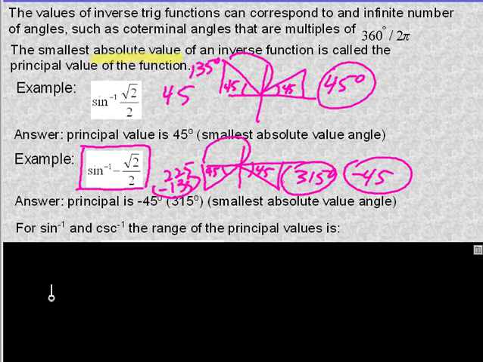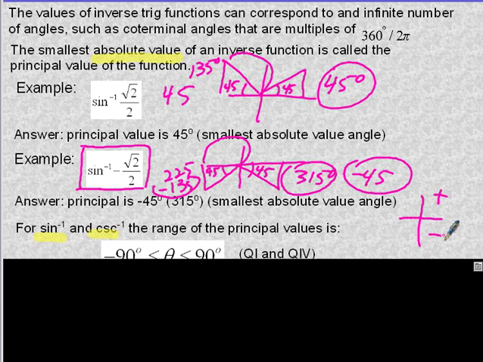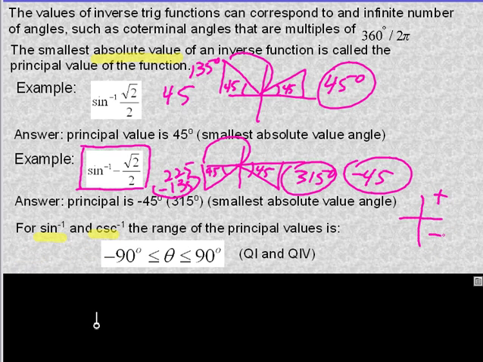So you have the sign of the ratio, positive or negative, and the actual trig ratio. Because of where they're positive and negative, you're going to get positive ratio results from one quadrant and negative ratio results from another quadrant. For sine and cosine, the quadrants that you get things out of, positives come out of 1 and negatives come out of 4. So that means that your principal values for sine and, sorry, not cosine, cosecant, sine and cosecant are going to be in the range